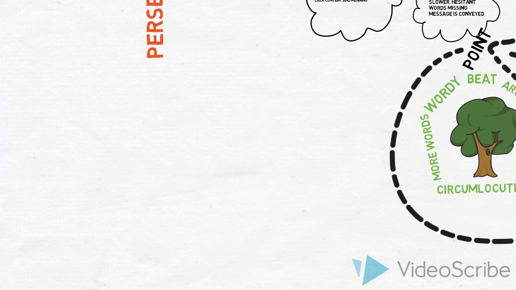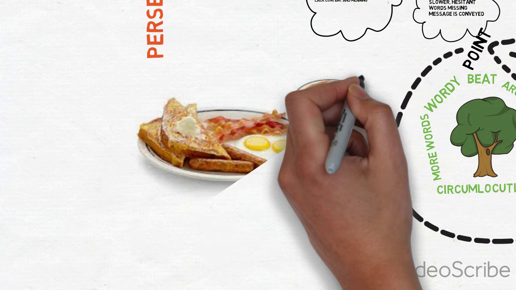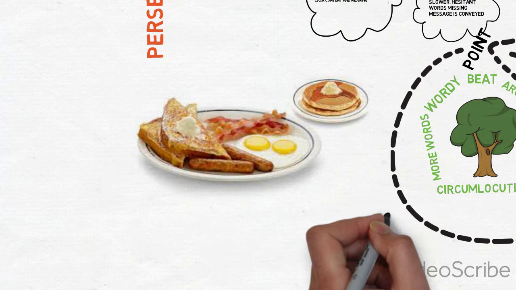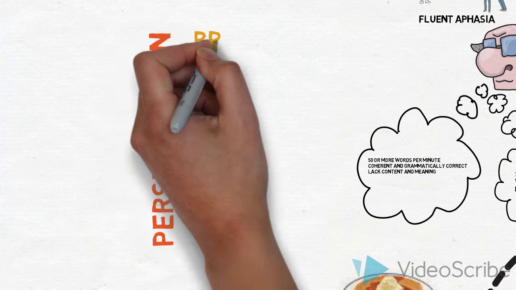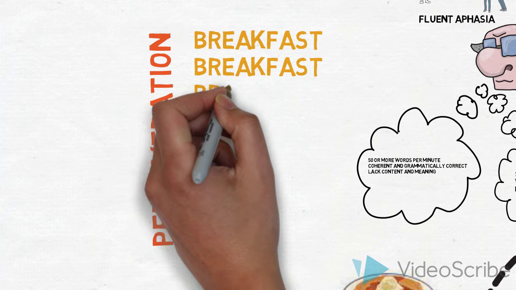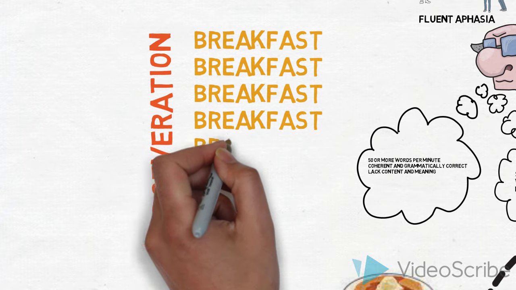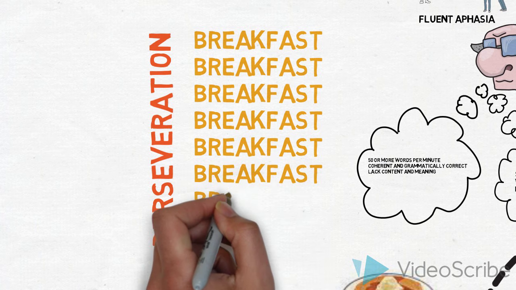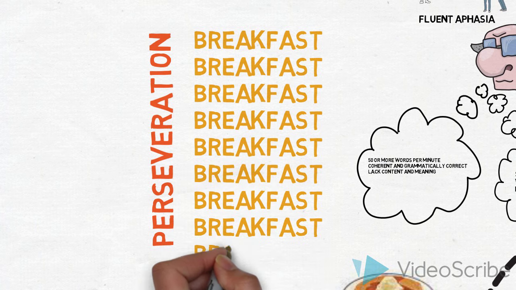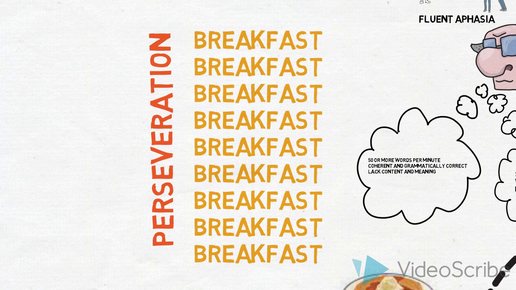When a person perseverates, they are stuck on a word, phrase, or sentence and continue to repeat the perseverated phrase. For example, if you're talking to your family member who recently suffered a stroke and asking them what they ate for breakfast, you may notice that they keep bringing up the topic of breakfast long after you mentioned it.